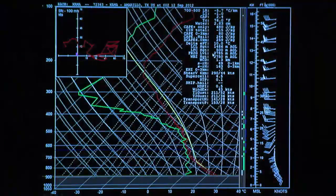Now we're going to transport ourselves back from the West Coast. We're going to go to the Texas Panhandle. We're going to be in Amarillo, Texas. And this is April 11th. And here's the sounding here, and you can just see